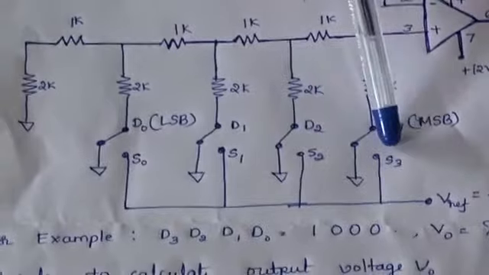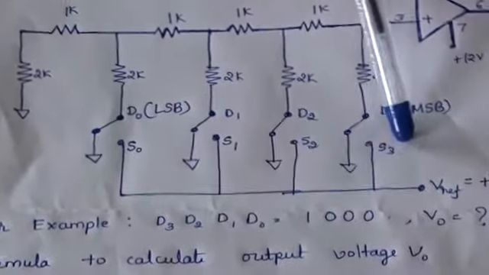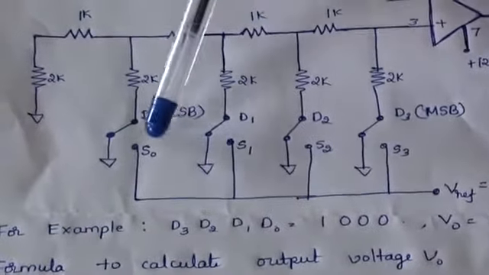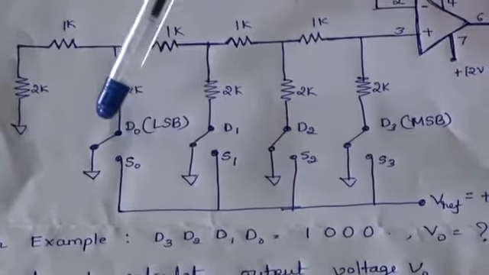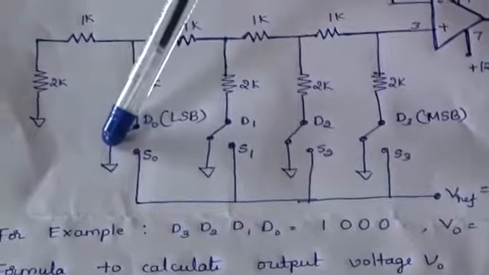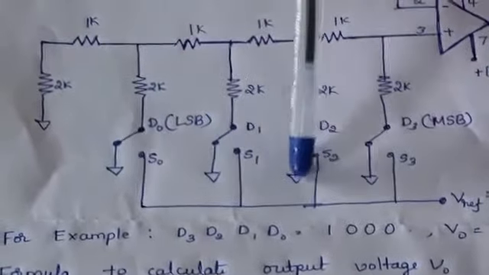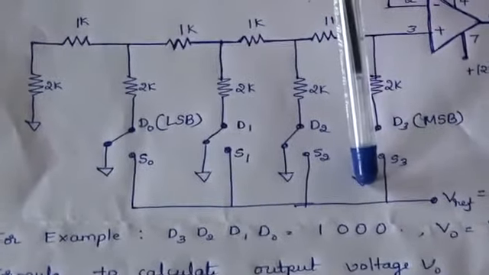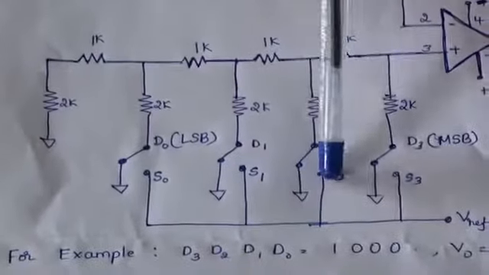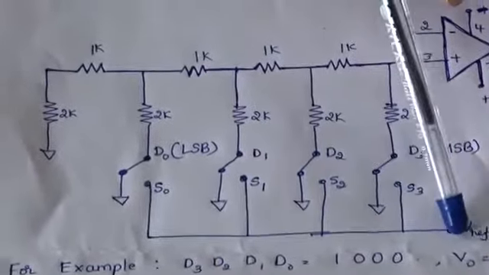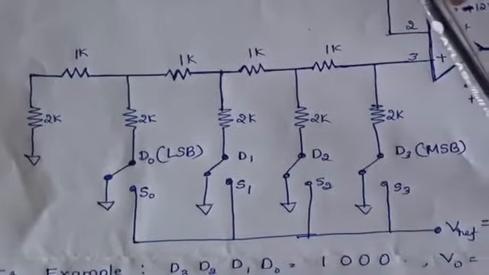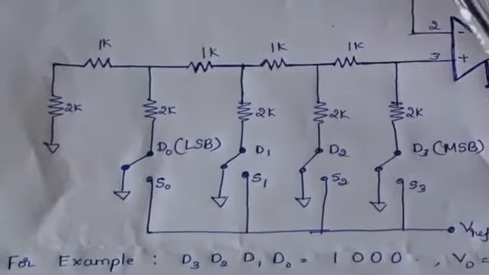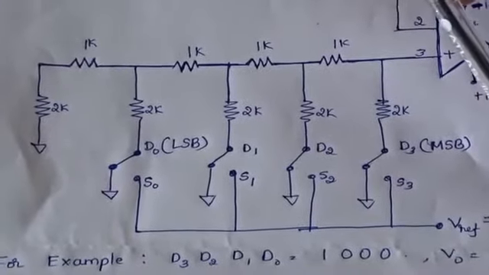which are provided by the toggle switches, that is S3, S2, S1, S0, and these switches are single pole double throw. So one end will be connected to the ground. You can see here one end is connected to the ground, and the other end is connected to the VCC, that is V reference. Here we are providing V reference as plus 5 volt. It can be mentioned as V reference or else as VR.